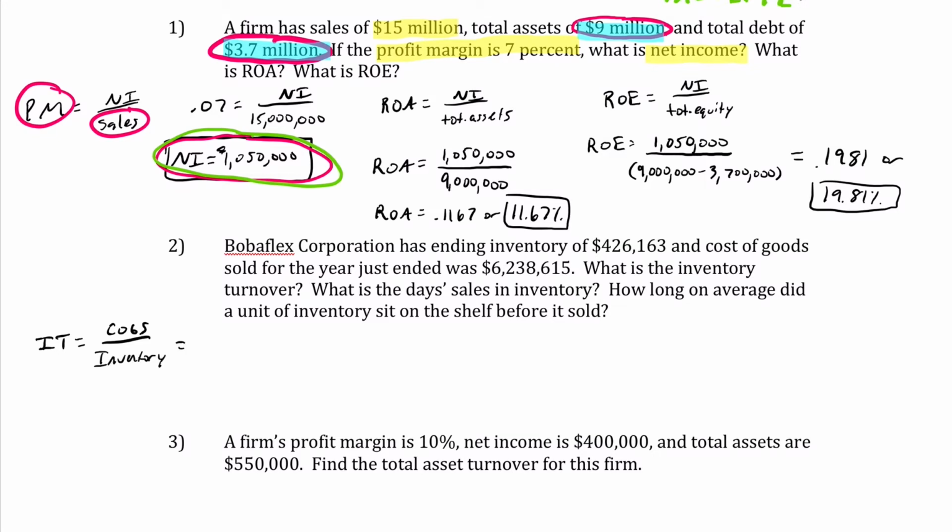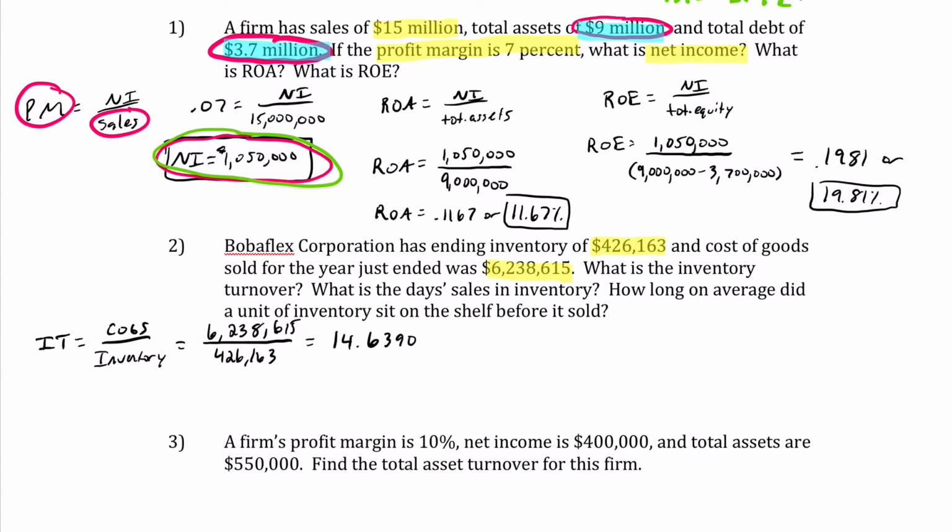In this scenario, they have actually given us both of those pieces of information. Cost of goods sold was $6 million plus. Inventory is $426,000. So how many times did they sell through an inventory amount similar to the $426,000 that they currently have on the books, and then replenish it over the course of that year? Once again, let's go ahead and divide these two. Cost of goods sold is $6,238,615, divided by ending inventory of $426,163, and I end up getting an inventory turnover of